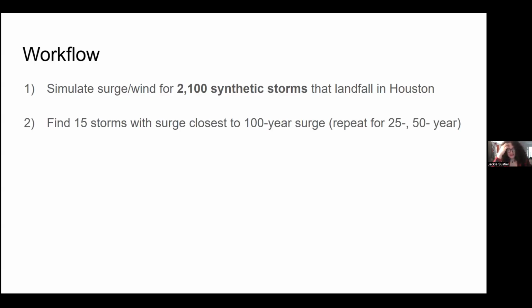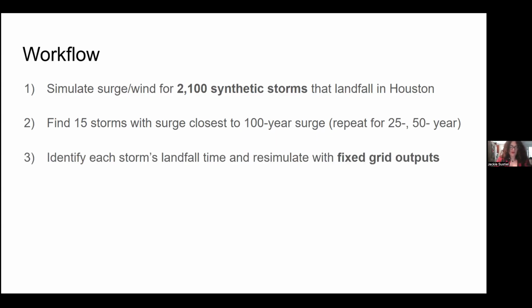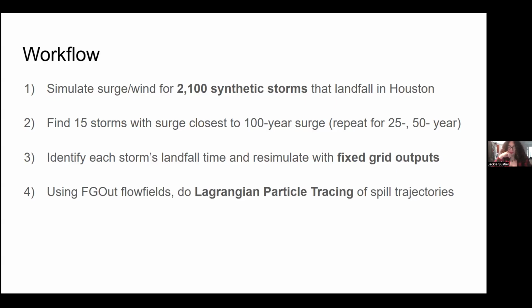For spill specifically, what I'm going to do is find 15 storms that are closest to what we find to be the 100-year surge. And later I'll repeat it for 25 and 50-year. For all of those, we're going to identify the profile of the surge using gauges, and then we will resimulate the storm again, this time using fixed grid outputs to record the flow fields. Then we use those flow fields to do Lagrangian particle tracking of the spill trajectory. And finally,